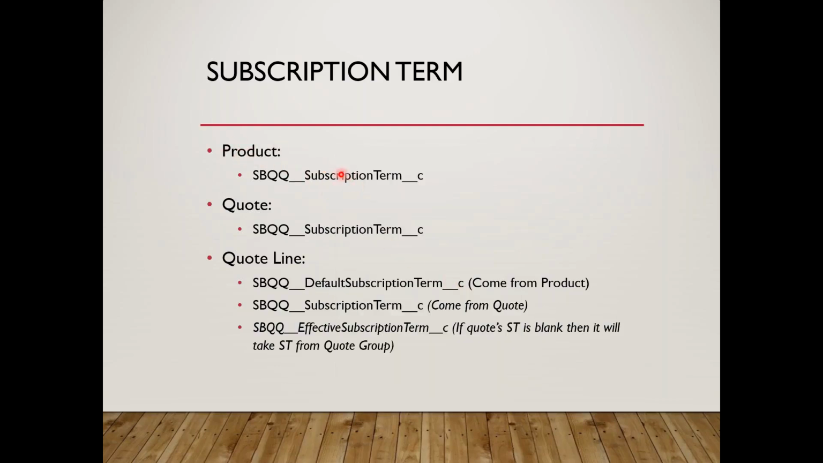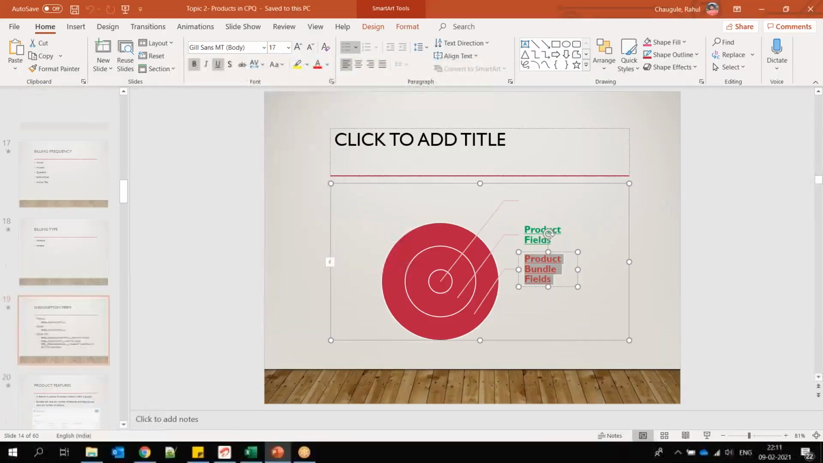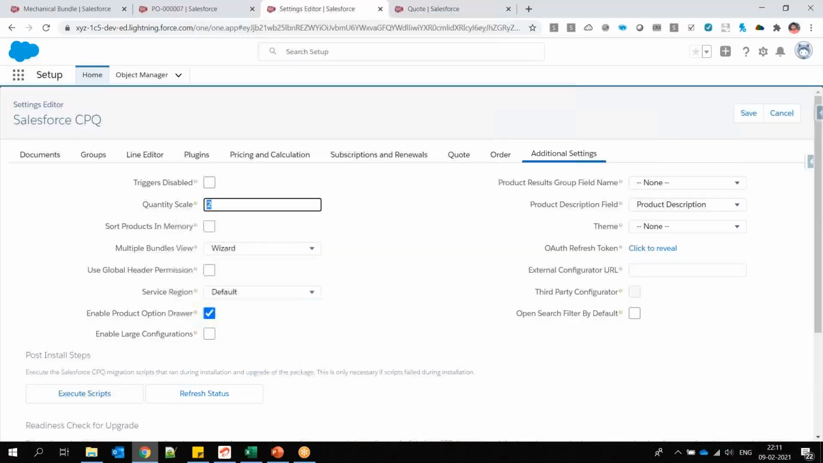So on product, we have subscription term. On quote, we have the same field. You can see the same field, same API name. On quote line, we have three terms. First is default subscription term, then second is subscription term, and third is effective subscription term. What is this? Let's understand this. What I'm trying to say here,